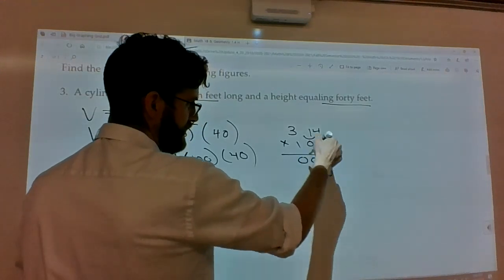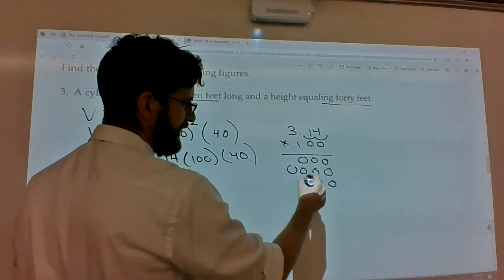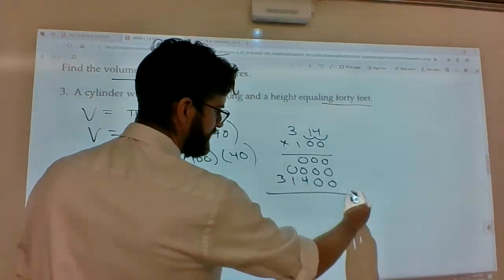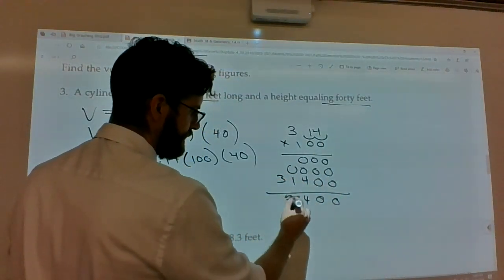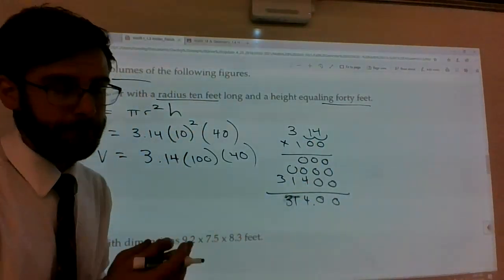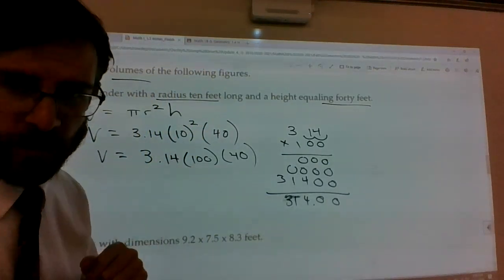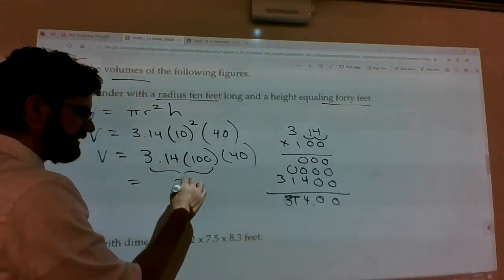I think you'll see that by saying 0 times everything is 0, 0, 0. Drop a 0. 0 times everything is 0, 0, 0. Drop 2 zeros. 1 times everything is 4, 1, 3. See that? 2 out, 2 in. You can just make that connection right away. It's 314. So 314 times 40